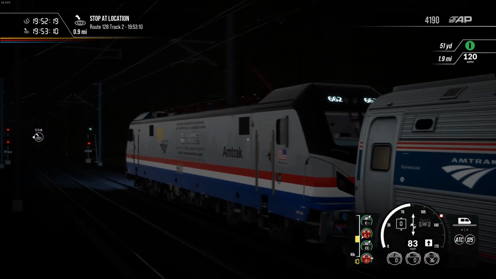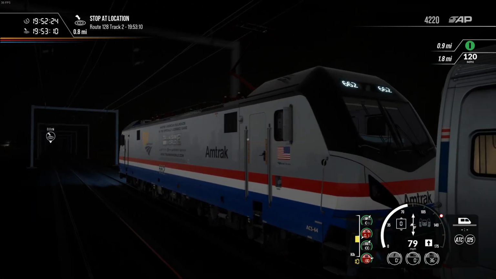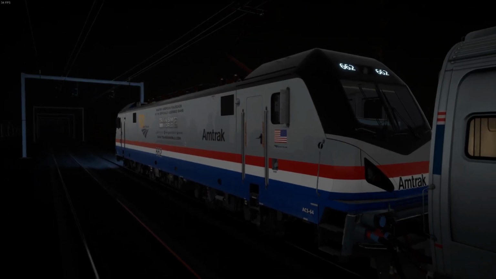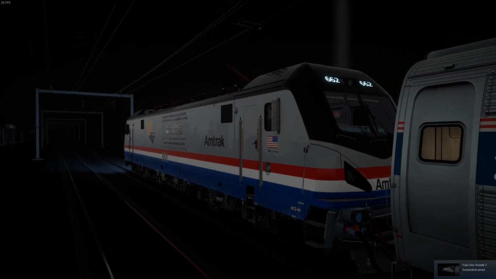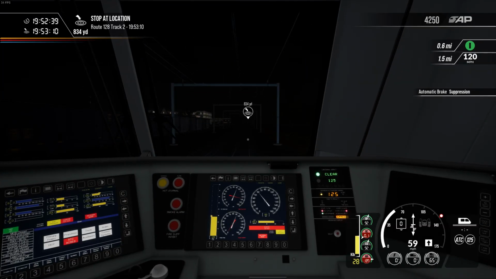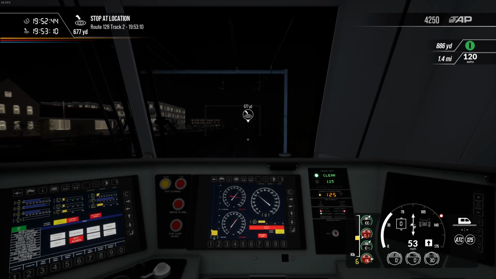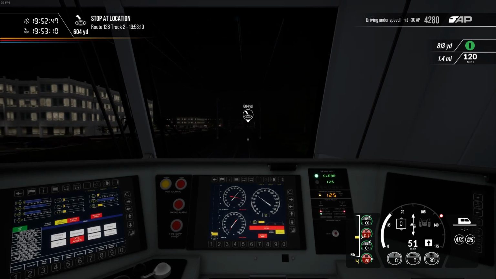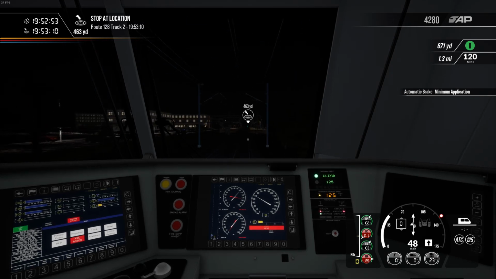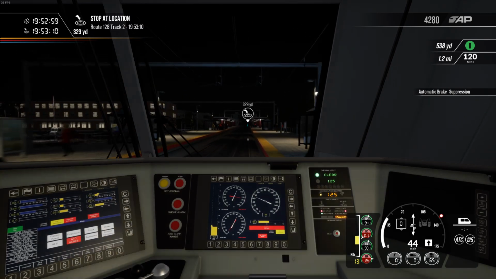Well, actually, I've just thought, I know that the real ACS-64 number 662 is not meant to retain this livery permanently, and I think she will lose this special wrap in a few months from the time of me recording this journey. But I'm wondering if this livery will actually stay in the game even after the real thing has lost it. And when I say lost it, I don't mean Amtrak noticed the engine went insane and put her in an asylum. Obviously not, but